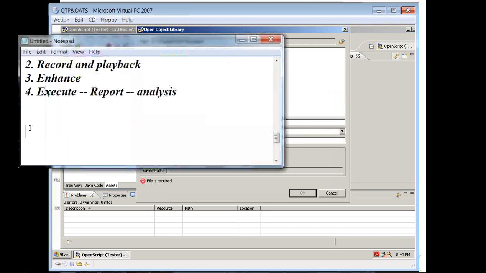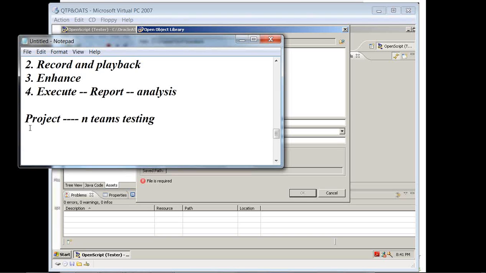In real time, we have a project, and for this project there are n number of teams working on it, say in automation testing itself. It is not necessary that each team creates its own object repository.